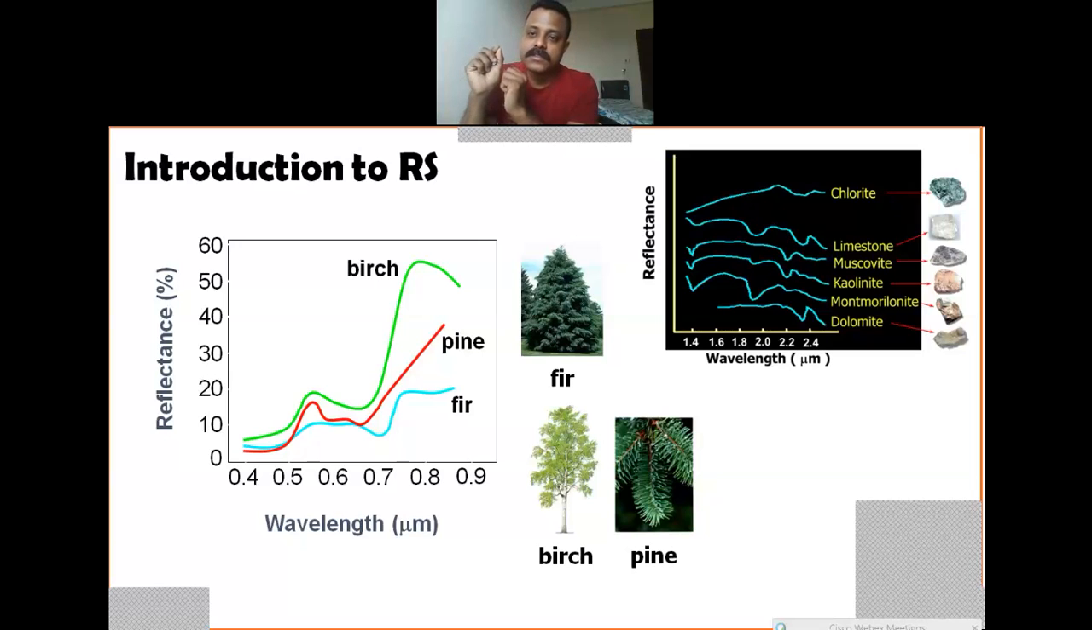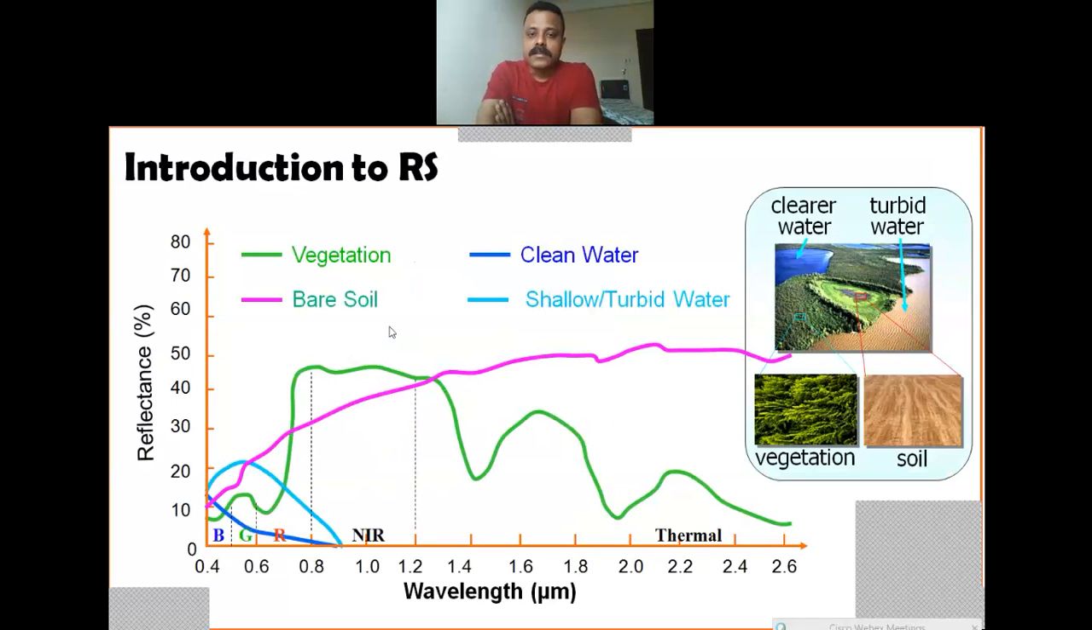He will be interested to know what kind of stones and what kind of minerals are there. So his interest will be towards this side. If I am studying botany, I will be more interested towards the left side, in what kind of tree this is. Or if I am studying disaster management,